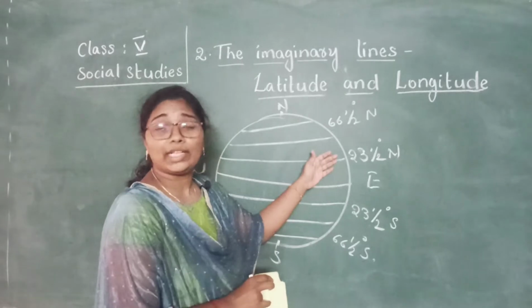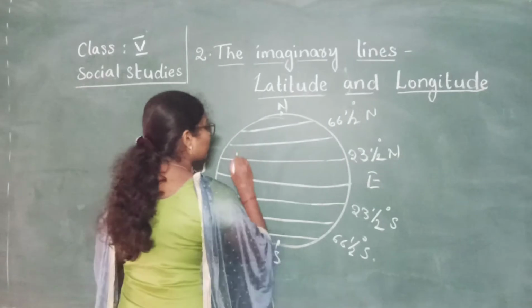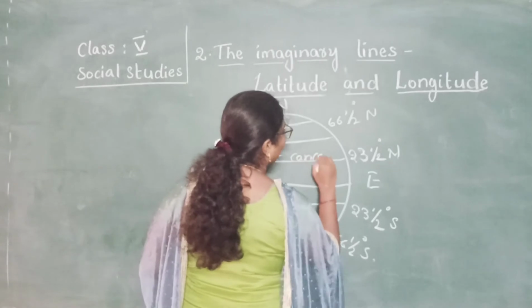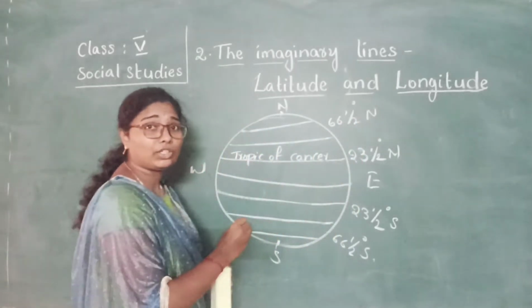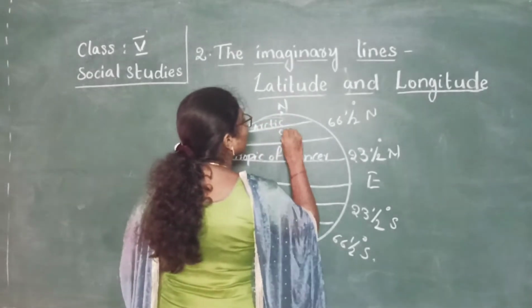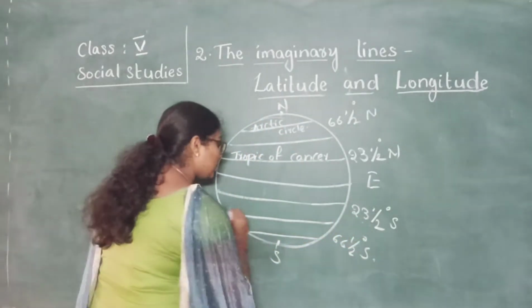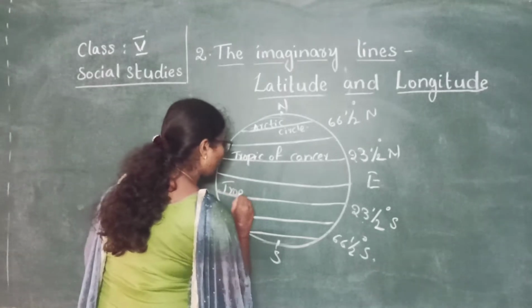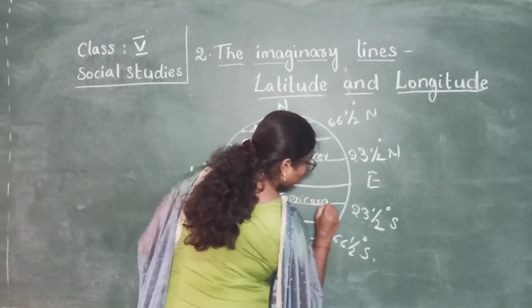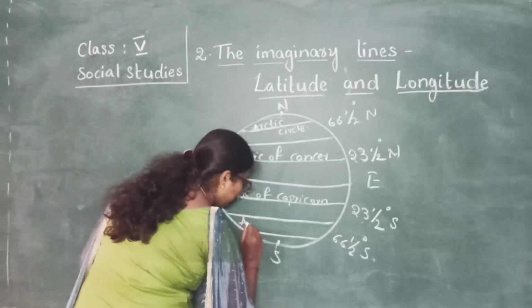So what do you call this 23 1/2 degree north latitude? This is Tropic of Cancer. And what do you call the 66 1/2 degree north latitude? It is Arctic Circle, right? And 23 1/2 degree south latitude is known as Tropic of Capricorn, and 66 1/2 degree south latitude is Antarctic Circle,